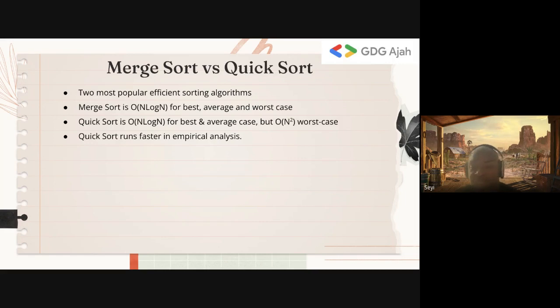So merge sort and quick sort are the most efficient sorting algorithms. Merge sort is good in that it is always guaranteed to be n log n for best, average and worst cases. Quick sort is n log n for best and average case, but n squared in the worst case. But from our perspective, you really don't care, because I just want you to use whatever your sorting library uses. Most of them are efficient and give you n log n. They use a combination of both. I think C++ has a stable sort that uses quick sort, and the other sort uses merge sort.